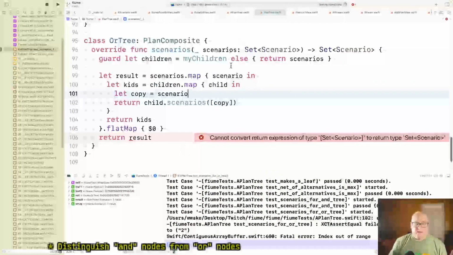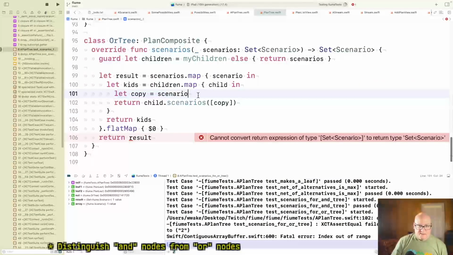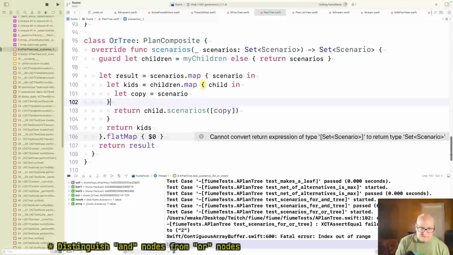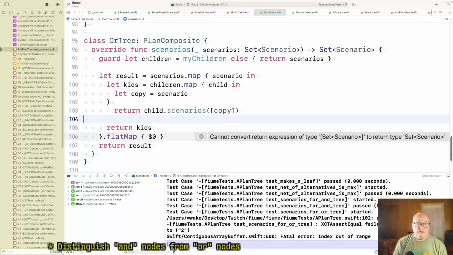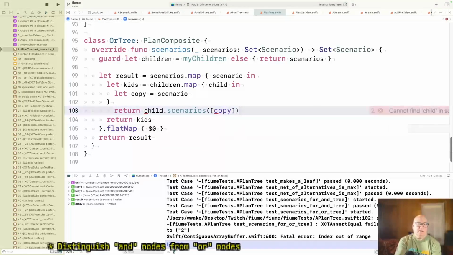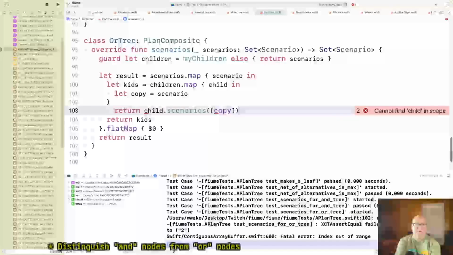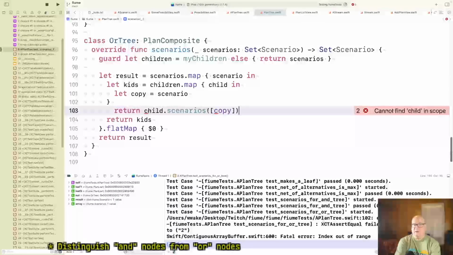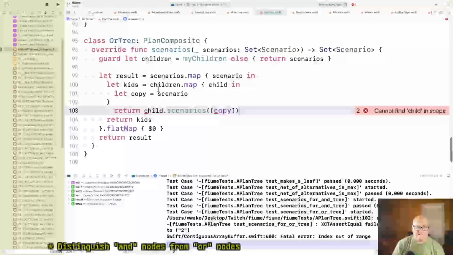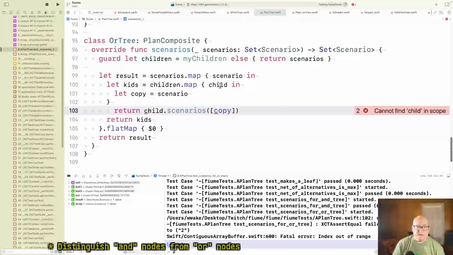Okay, so, all right. I think this is what I need to do. So you give me a bunch of scenarios. For every original scenario, I'm going to multiply it by 5. Okay, so I'm going to create for each child. I'm not even going to look at the child.